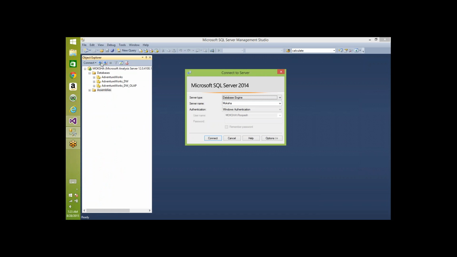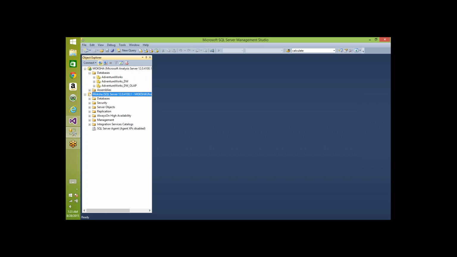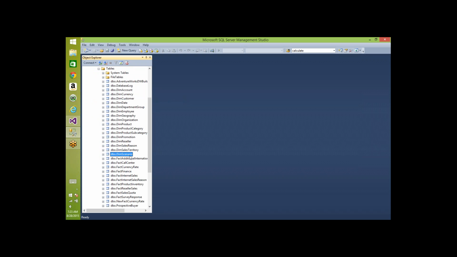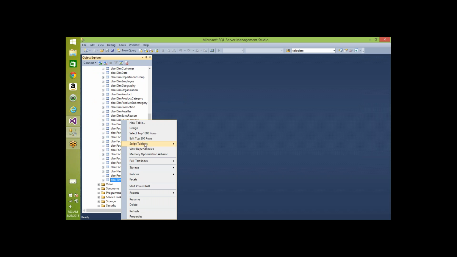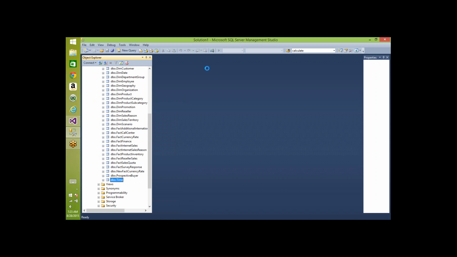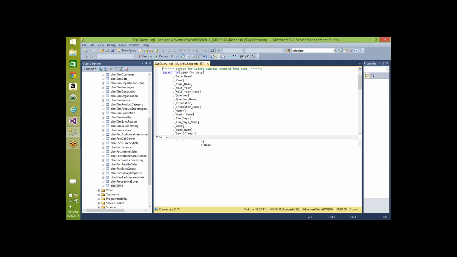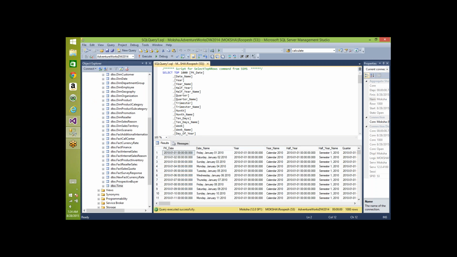Let's see whether the table is created in the underlying database. For that, I'm connecting to the database engine. I think I created a table named time. You can see the table name is time here. Select top 1000 rows. You can see the table created with all the columns and all the data loaded,